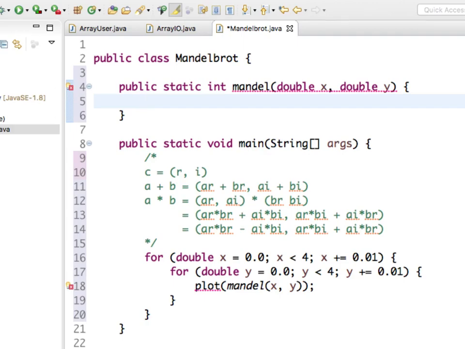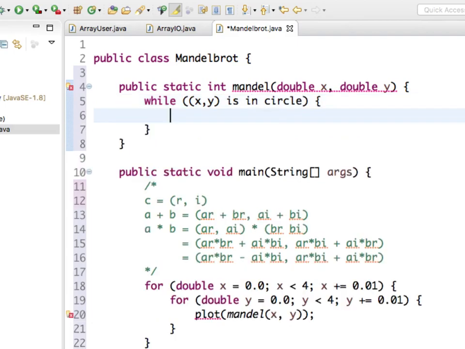And I know that Mandelbrot says while xy is in circle, z, the next z, is the previous z squared plus some c. Okay.